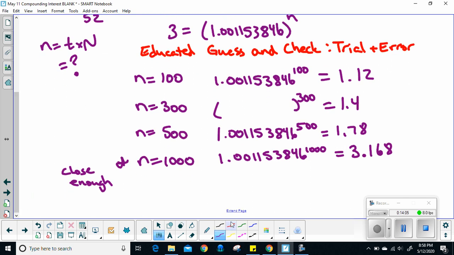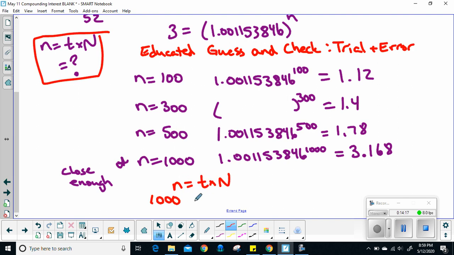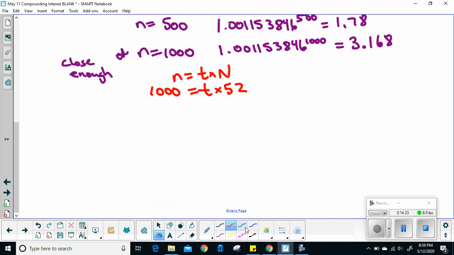So to find our time, we now have to go back to this to figure out our time. Okay, so we have to go back to n equals t times big N. So little n, we're going to say now is 1,000. We're looking for our time, and we knew it was 52 weeks in a year. So rearrange, let's see, divide by 52, divide by 52. So time is going to be equal to,